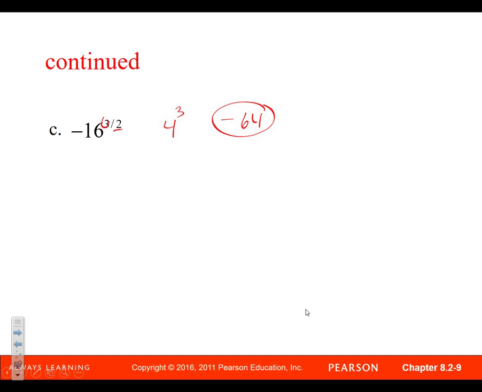Let me show you what was happening. Because this is a negative 16, and if I split up that fraction, it's 1/2 to the third, right? Because remember how you did this? It's 1 times 3, 2 times 1, it's 3/2. So this is really, if you remember from the first block we did, just the square root of 16, isn't it? The square root of 16 happens to be negative 4, and then I'm going to cube that, which means,